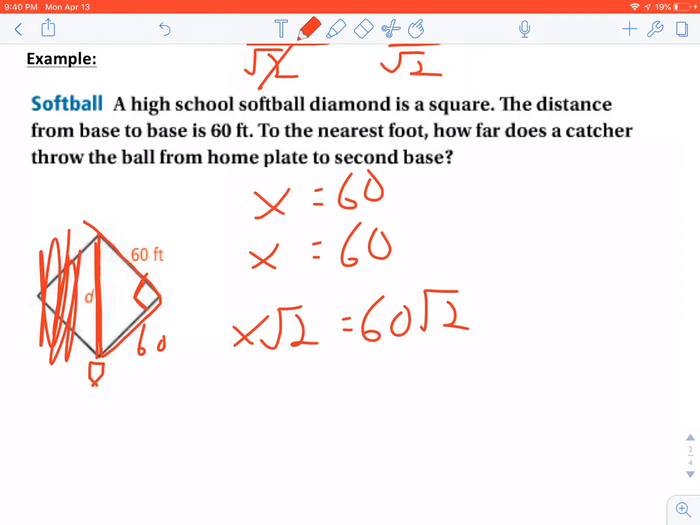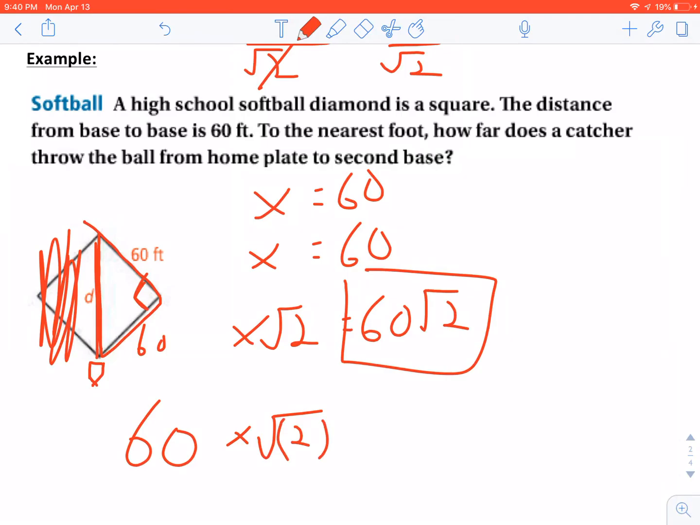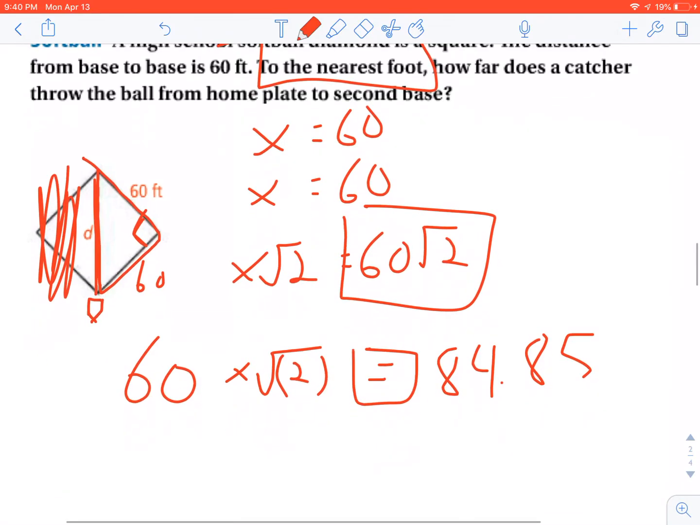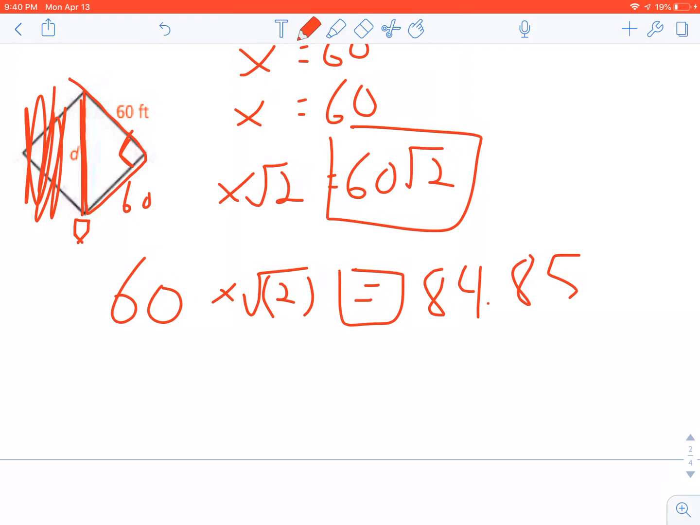But you wouldn't tell the catcher you need to throw it 60 radical 2 feet. The catcher would look at you like you have 13 heads, right? That doesn't make any sense. So all you got to do is take your calculator, type in 60, multiplication button, square root 2, and close parentheses if your calculator requires you to use parentheses, hit the equal button, and you should get 84.85. Well, the question is saying to the nearest foot, because again, you're not going to tell the catcher you need to throw it 84.85 feet. Again, that doesn't make any sense to them. You need to tell the catcher he's going to throw it approximately